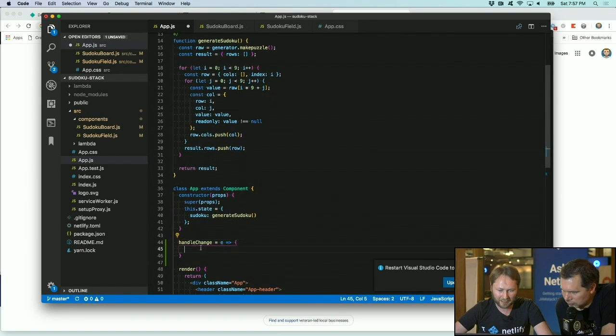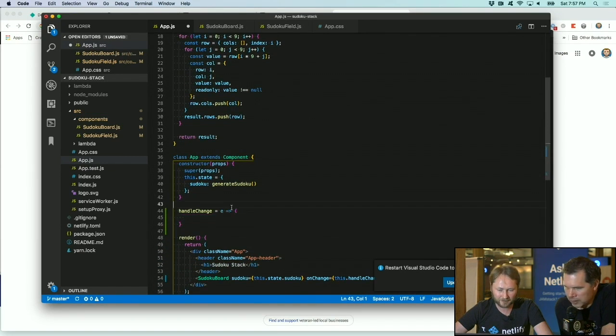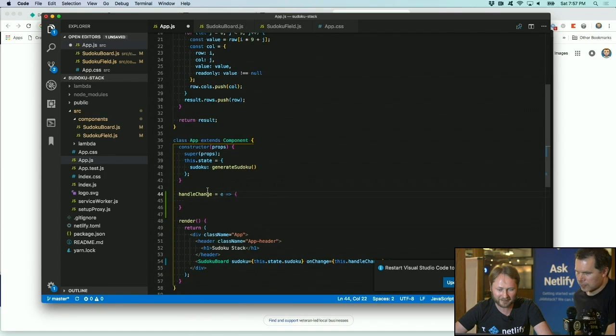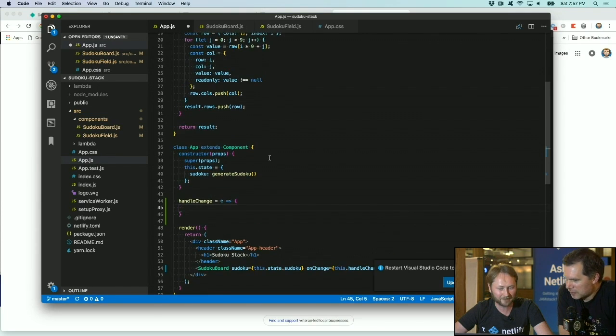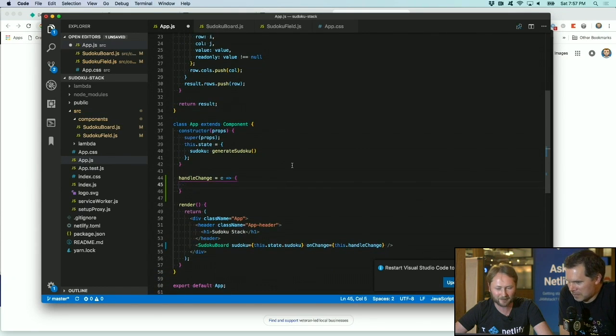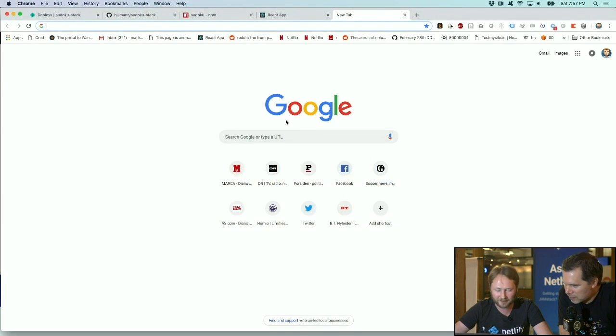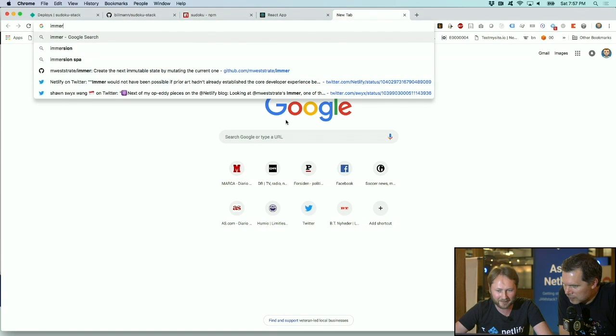And I should do some kind of set state with a new state, but this is where I quickly feel like, oh, that's a lot of state to handle if it's all mutating, and how do I make sure there's not some weird conditions going on? And then fortunately the other day,